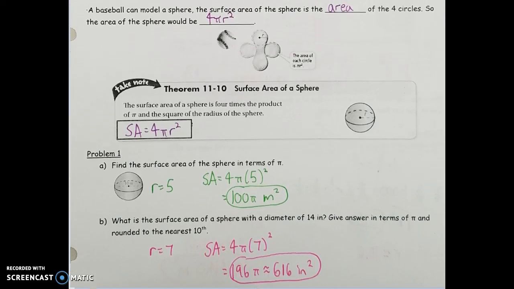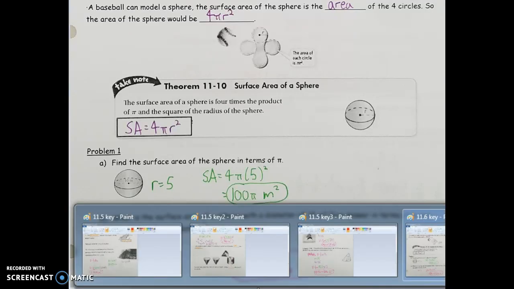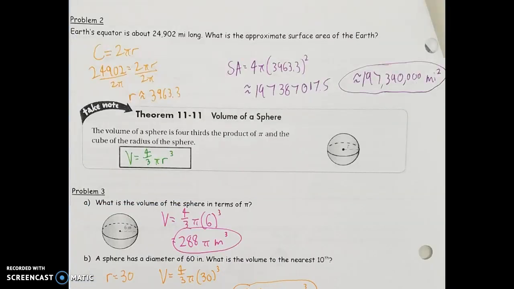Same type of question if my diameter is 14 instead. Again, all we have to do is look at the radius, and that would be a radius of 7, half of that diameter length. And substituting that in, 4 pi r squared, that should come out to 196 pi, or also asked to round that to nearest tenth, which I guess I skipped and just did nearest whole number, but that would be 616. So just 4 pi r squared, as long as we have that, we have the surface